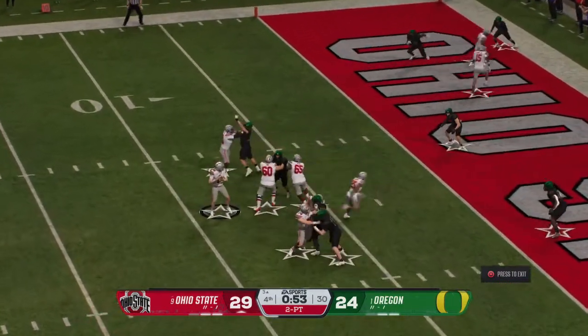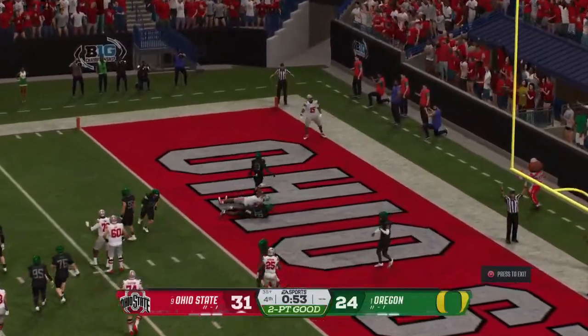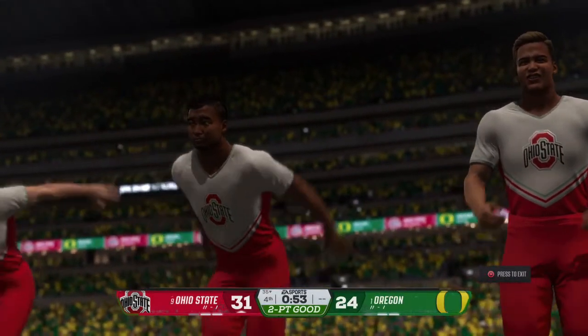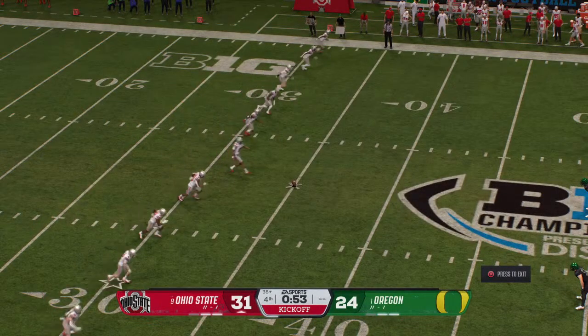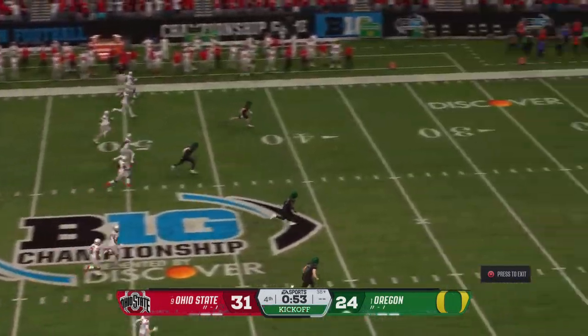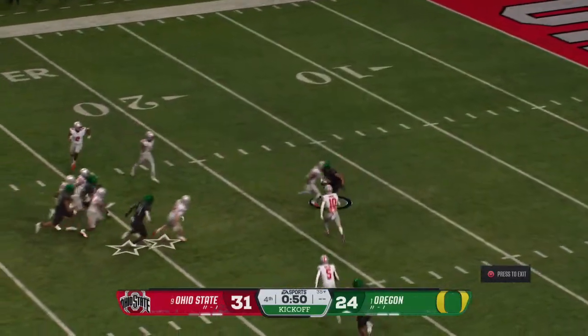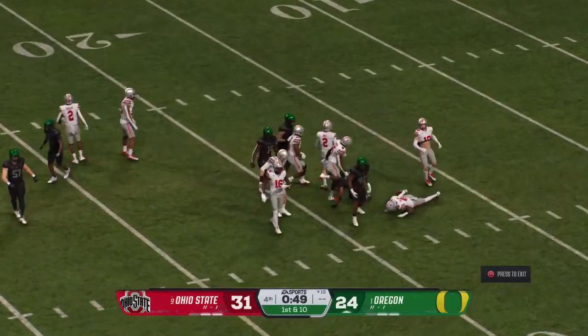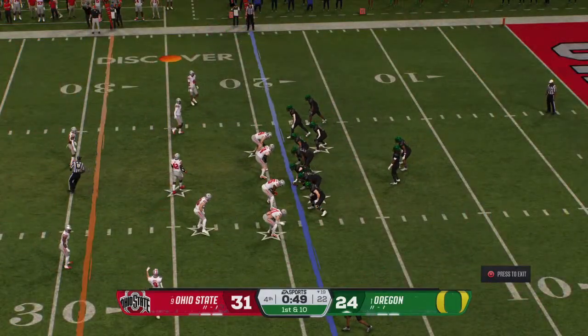From the shotgun, he's probing the secondary. He makes the catch, a successful two-point conversion. Chris, as you know, the windows are so tight down here, especially when you're throwing the ball this close to the goal line. And this quarterback was just simply able to thread that ball in there for two. Great throw. Return starts from inside the 5. And he's stopped at the 19. Good job by the coverage team.